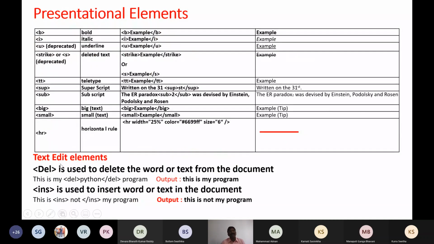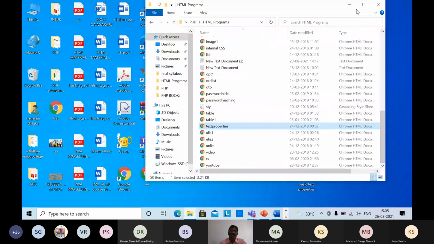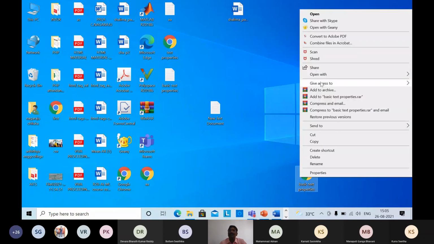Another one is edit text elements. In edit text, suppose you want to delete one word from the text, or insert one word in between, something like this. In those cases we can use delete and insert. These are called text editing elements. For example, you see that in the basic text properties,